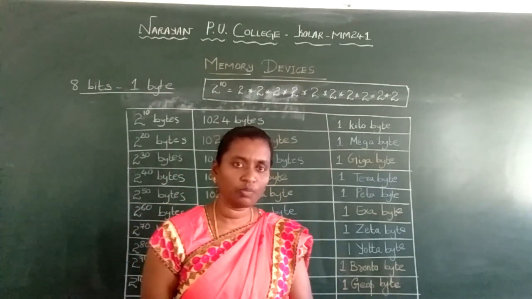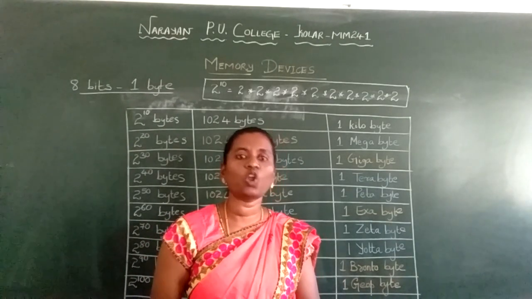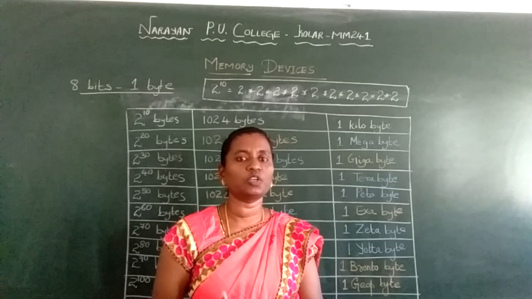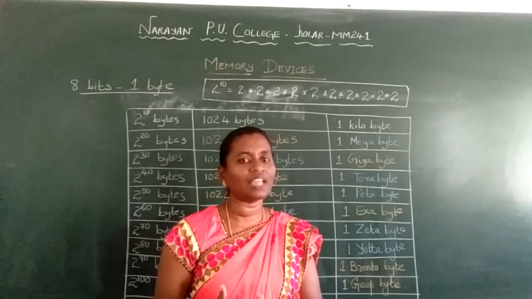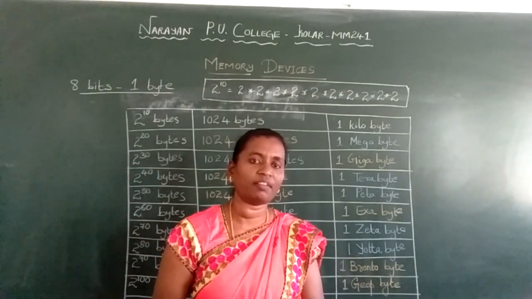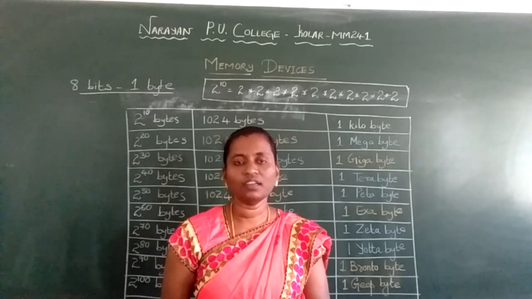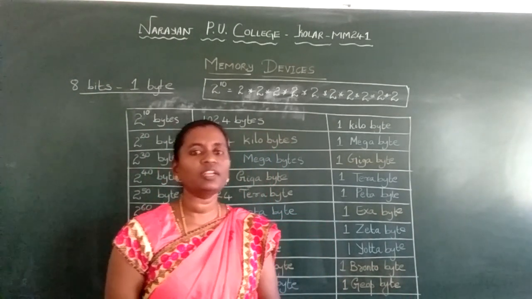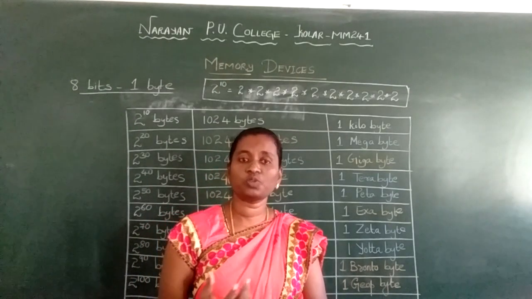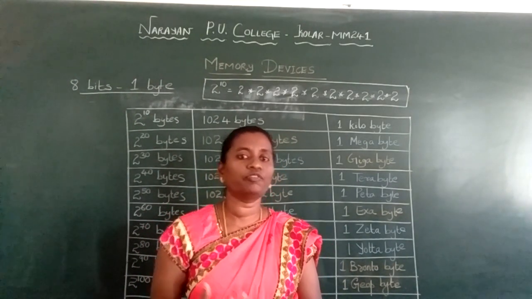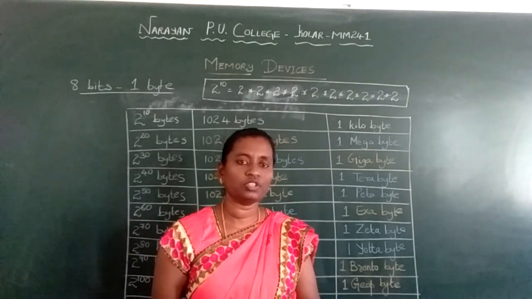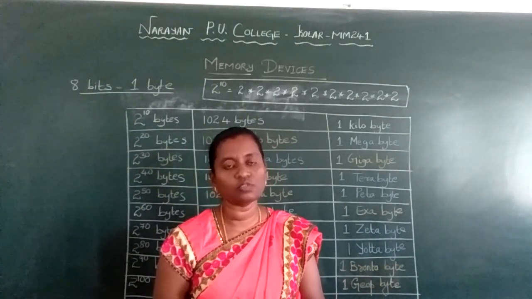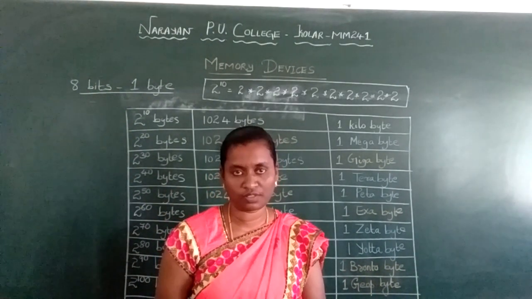Where do we store the data? We store the data in the memory. For a long period of time the data has to be stored, which means we have to store the data in a memory. We have different types of memory: primary memory and secondary memory, which we will discuss later. Now we have seen the introduction to memory. Why do we need memory? Memory is used to store data. Why do we need data? For future use. For future use, the data has to be stored in memory devices, also called storage devices.